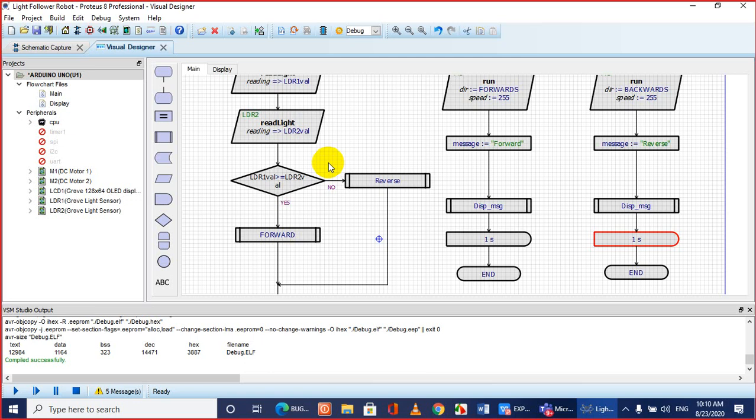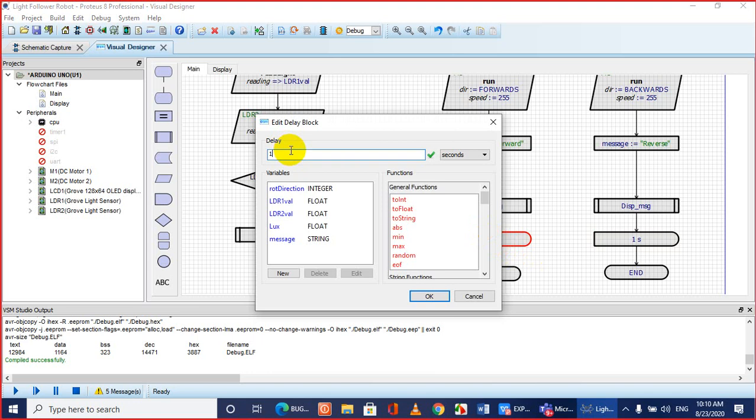Okay, millisecond delay. You can reduce the delay if you like. I think give 100 milliseconds because 1 second is too long for a microcontroller.